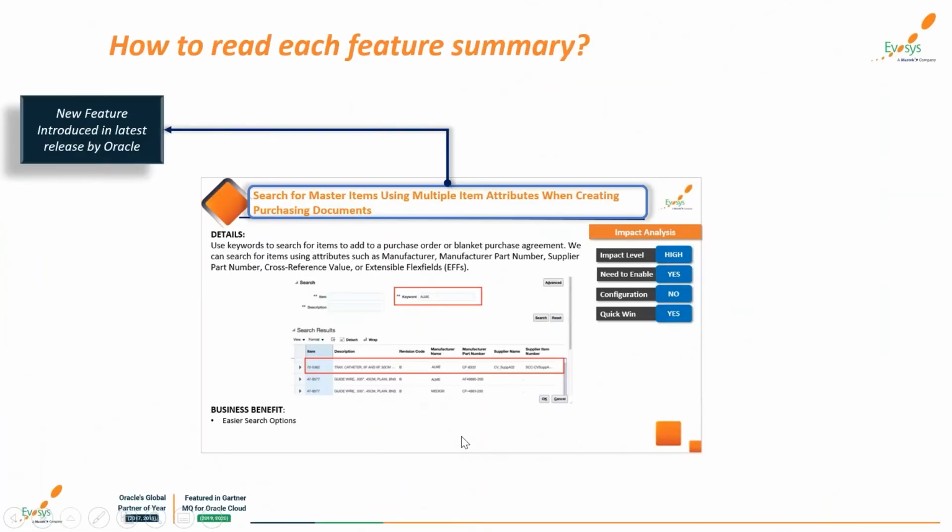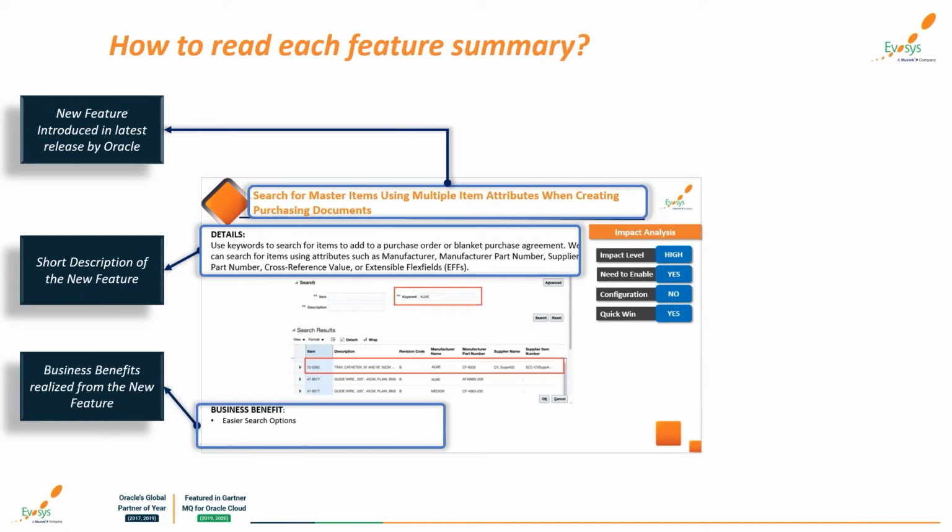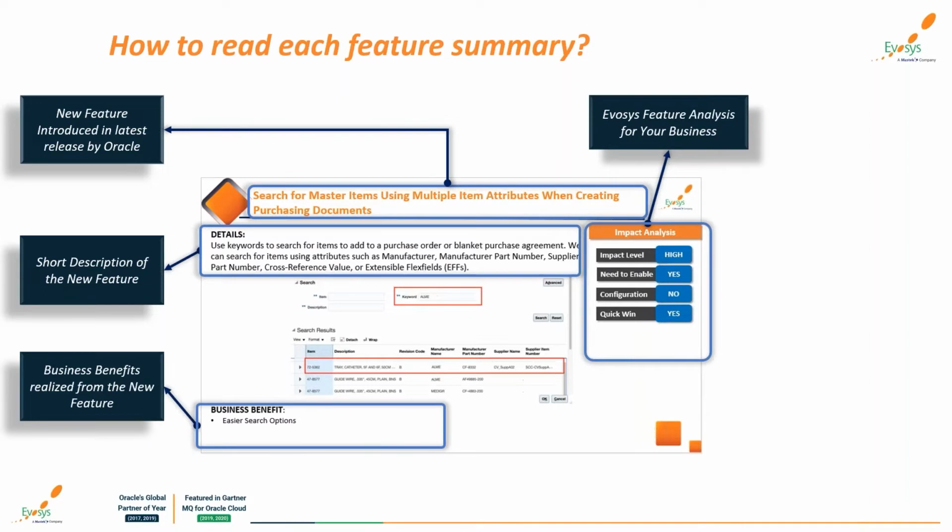This is to give you a glimpse of how we have crafted the structure of this session. So the first thing you see is the list of new features coming into 22C, detailing the features. So you get a brief understanding of what the new features are all about. The next one is the business benefits, an important takeaway for you as a decision maker. There are 4 components wherein we have done in-depth analysis of the features which we are going to present to